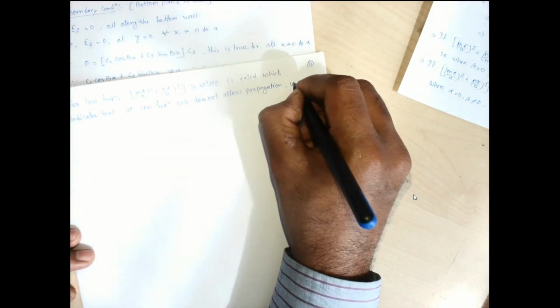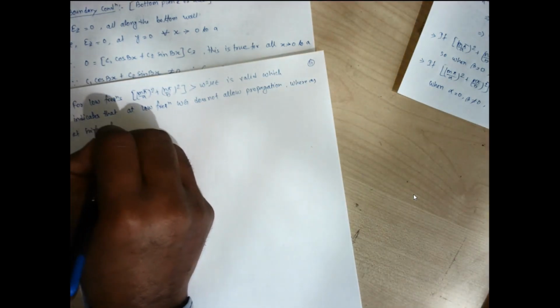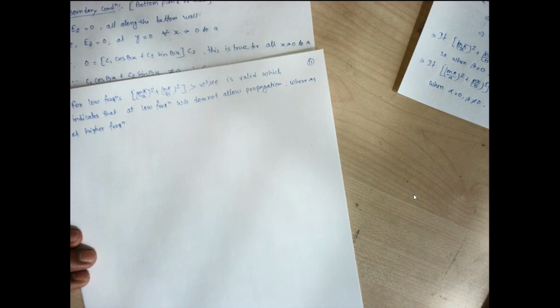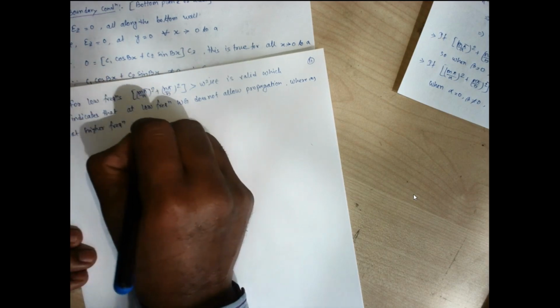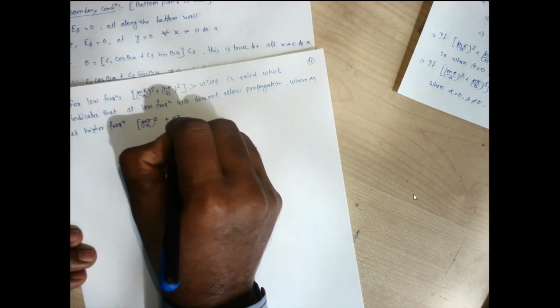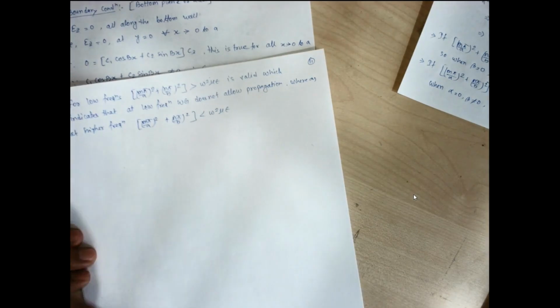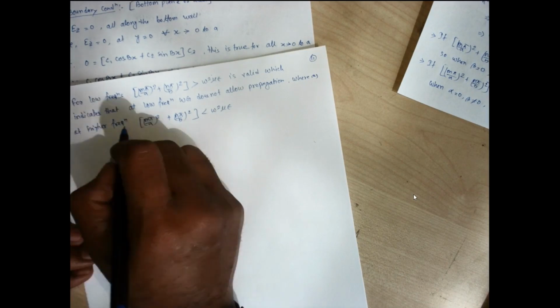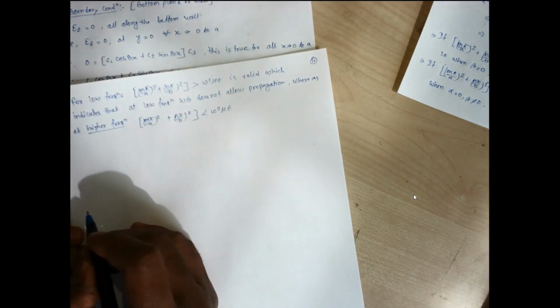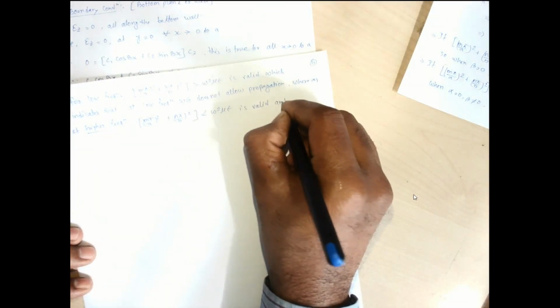Whereas at higher frequency, that is (m pi by a) whole square plus (n pi by b) whole square is less than omega square mu epsilon. So obviously when frequency increases, this left side term will be smaller. So at higher frequency this condition is satisfied, is valid, and indicates that